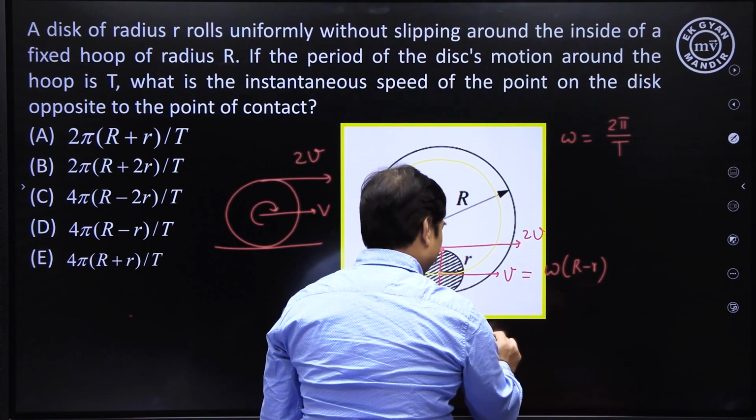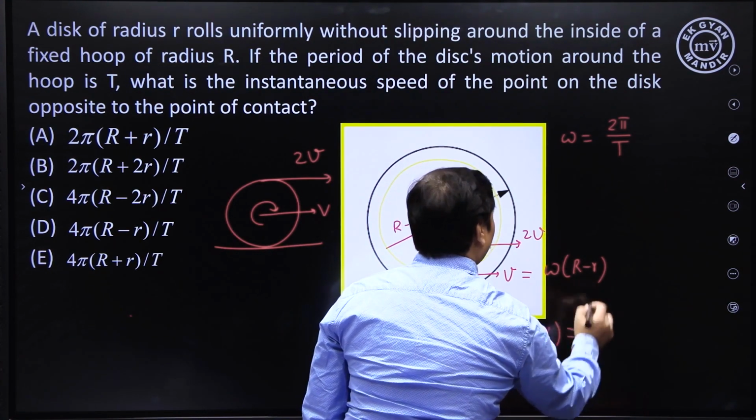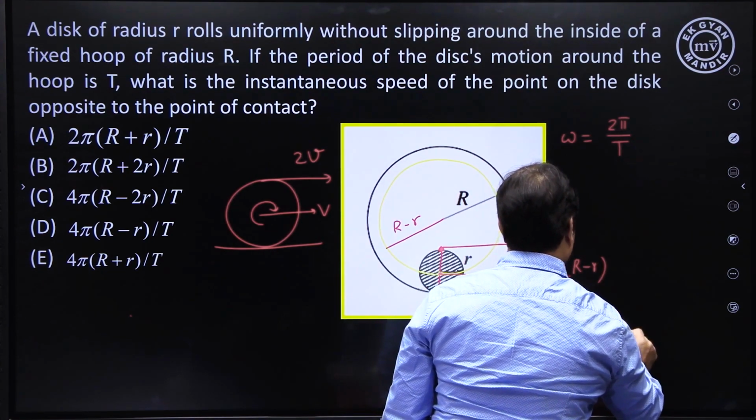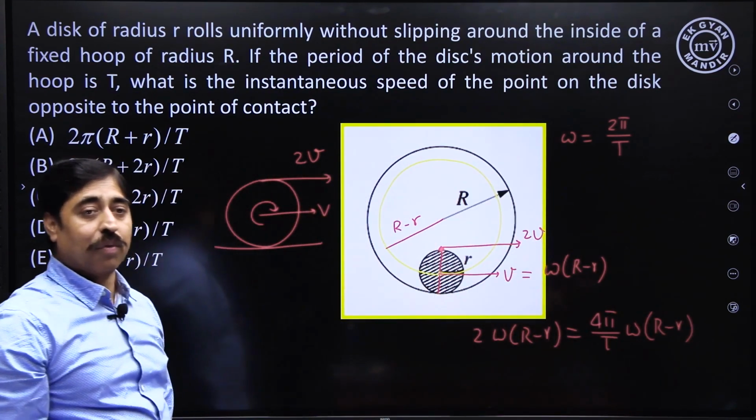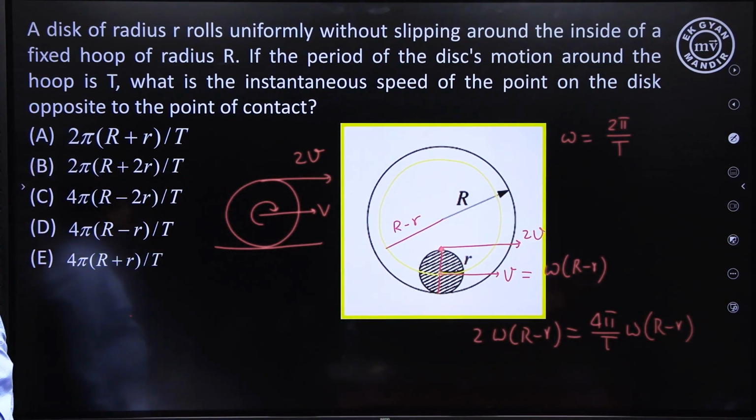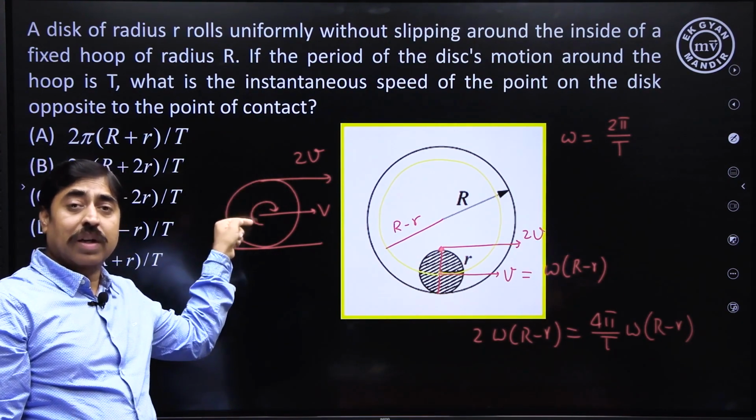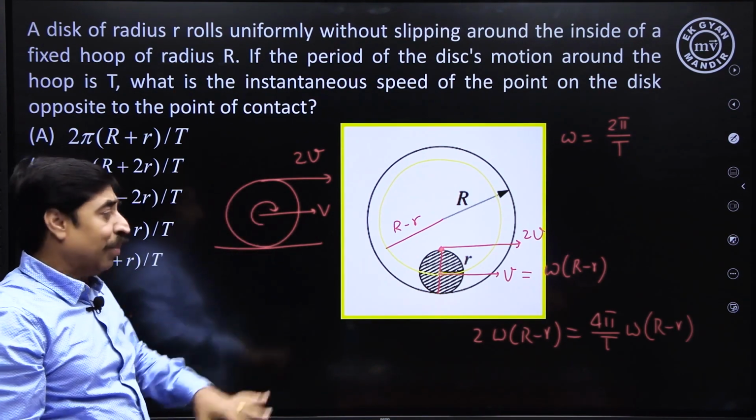Yes, 2v. v means omega into R minus r. So in place of omega you have to write 2 pi by T. So this becomes 4 pi by T into R minus r. In case of pure rolling, in case of rolling without slipping, it is true that the topmost point has velocity 2v. If the center has velocity v, the contact point has zero velocity. This happens because